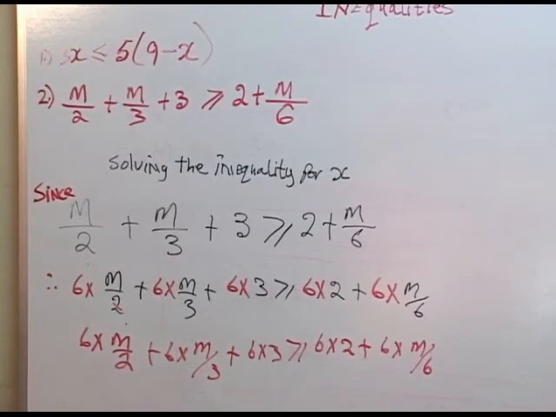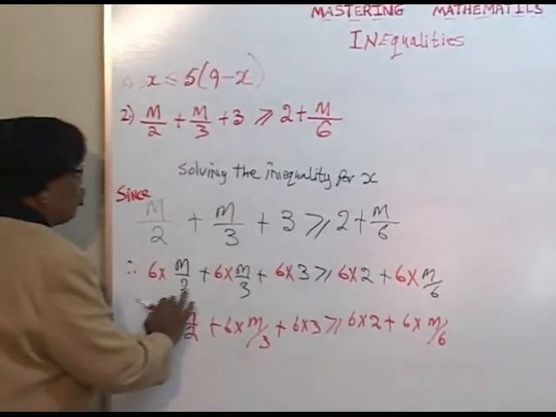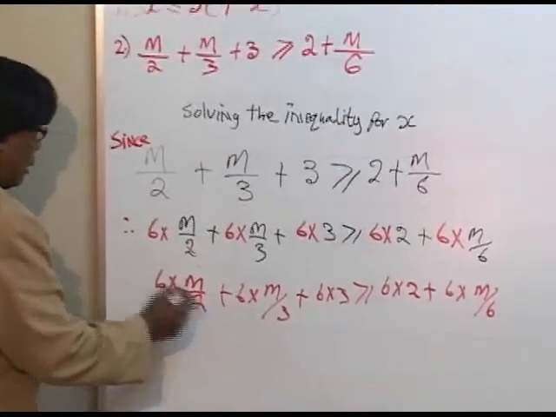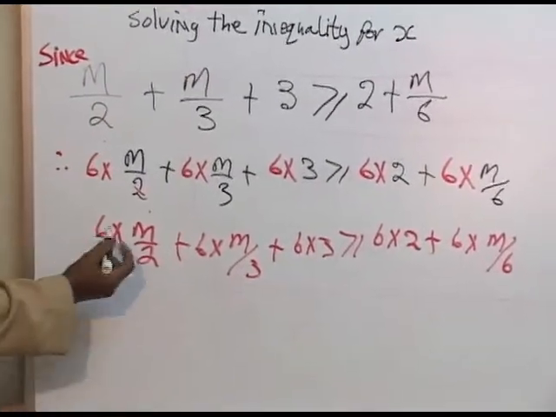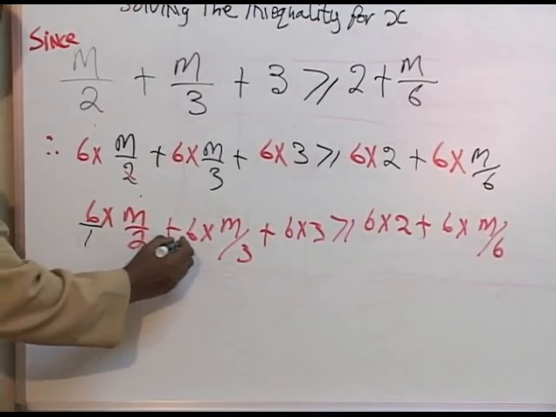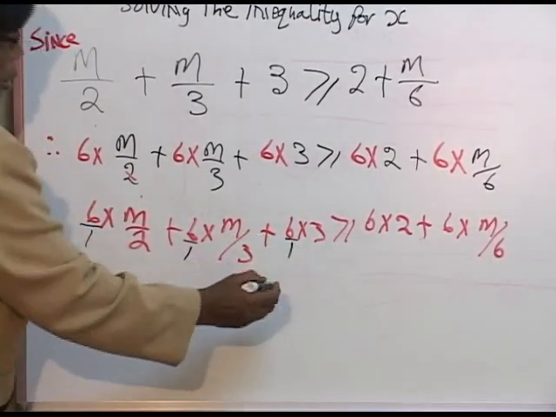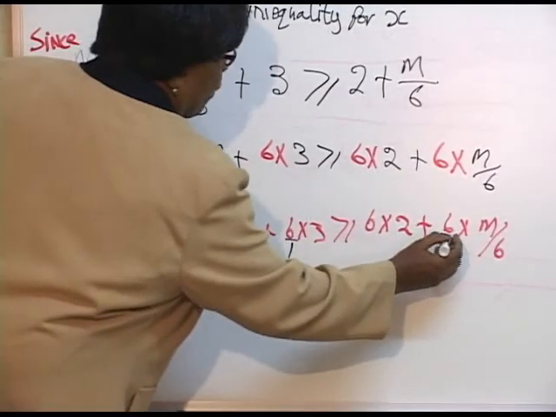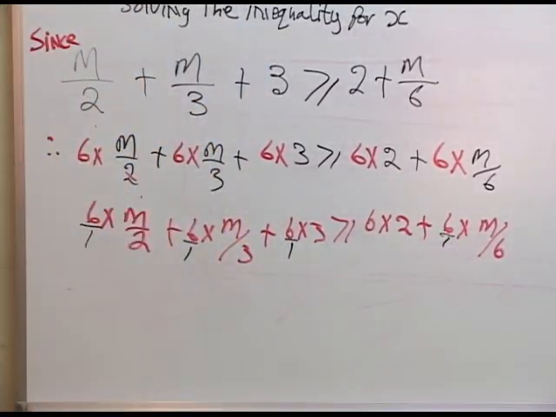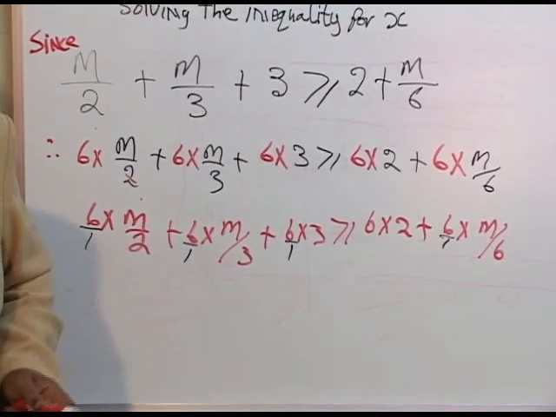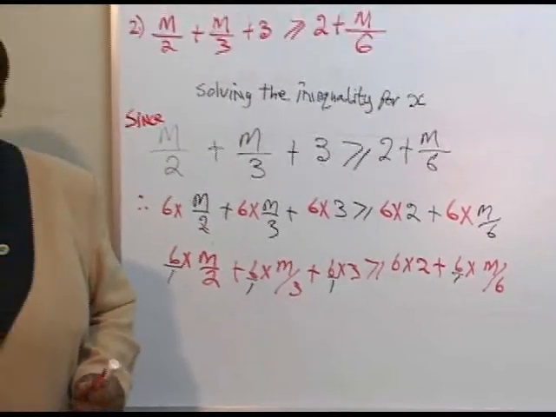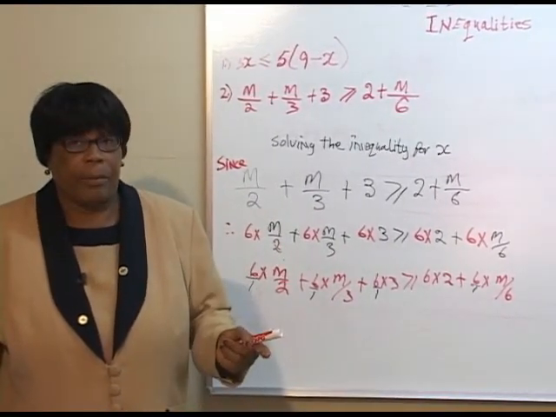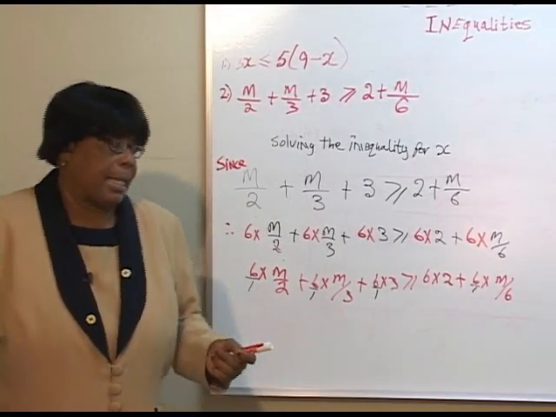Now, we are at the point, having multiplied each term by the 6, where we are cancelling. So it will be saying 2 into 2 goes 1, because this is also like 6 over 1, 6 over 1, 6 over 1, and then that is just 6 times 2. And when you get your stuff here, you have like 6 over 1. I'm putting the 6 over 1 because I know you would have been taught that when we're doing our cancelling, it's numerator with a denominator, okay? That is how the cancelling takes place. So we have